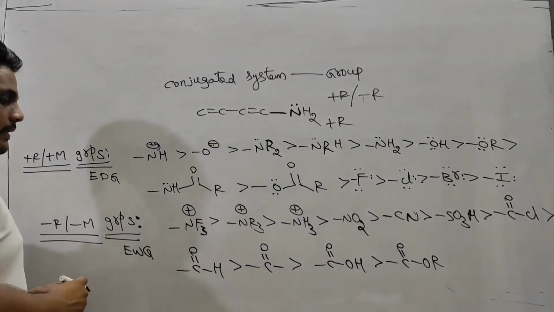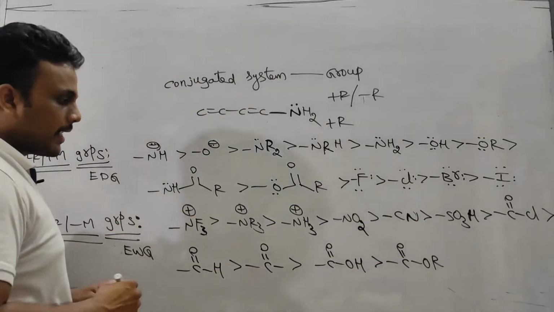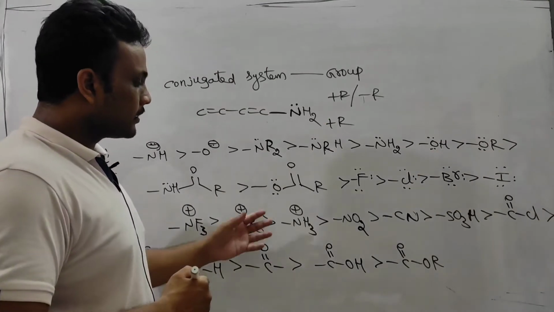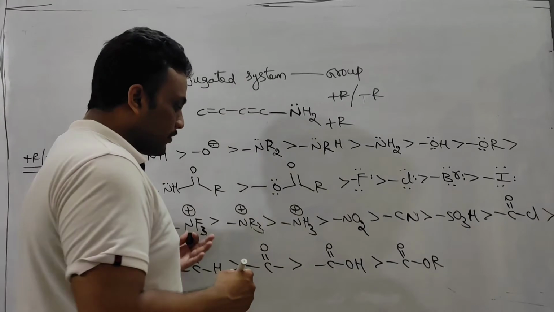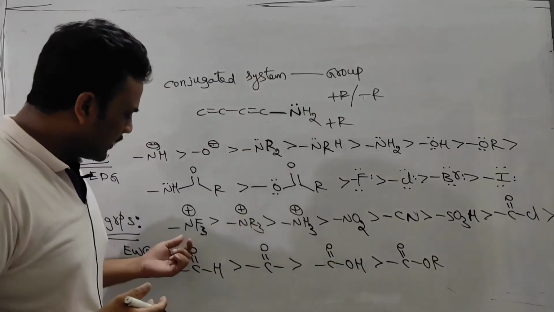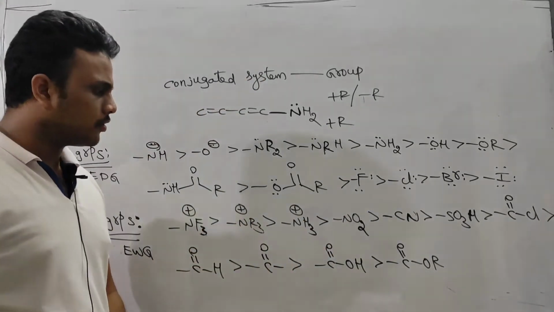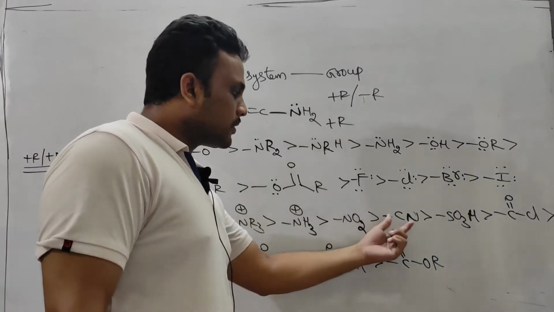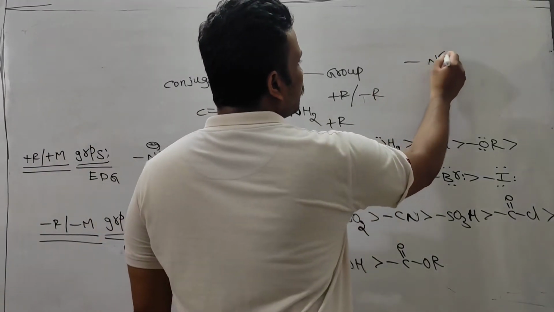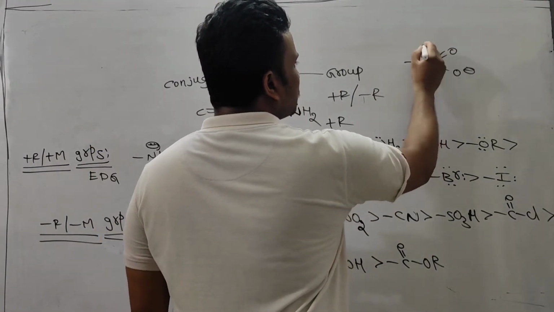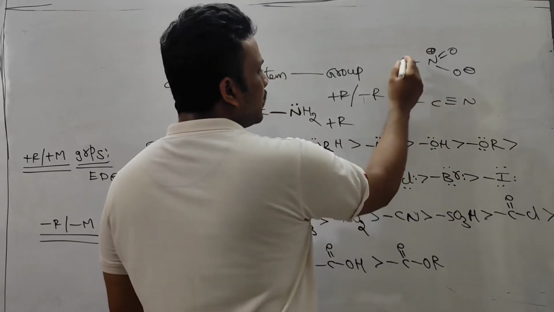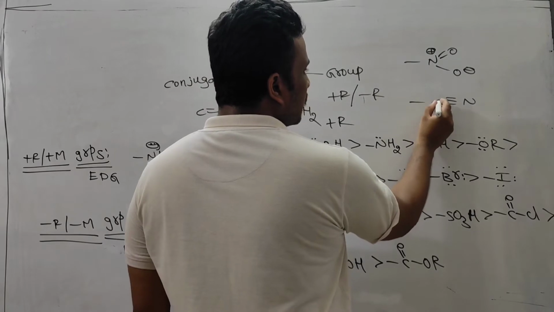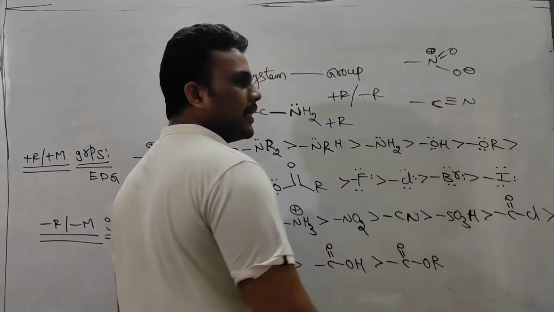And one more trick is there. Generally in minus R groups, the atom attached to the conjugated system is connected to more electronegative atoms, like you see NF3 plus. The positive charge is already there. They are powerful withdrawing groups, already I told you. NO2 group, cyano group, you see. When the NO2 group is attached to a conjugated system, positive charge is already there. Cyano group is attached to a conjugated system. Then you see this carbon or this nitrogen, they do not possess any lone pair.